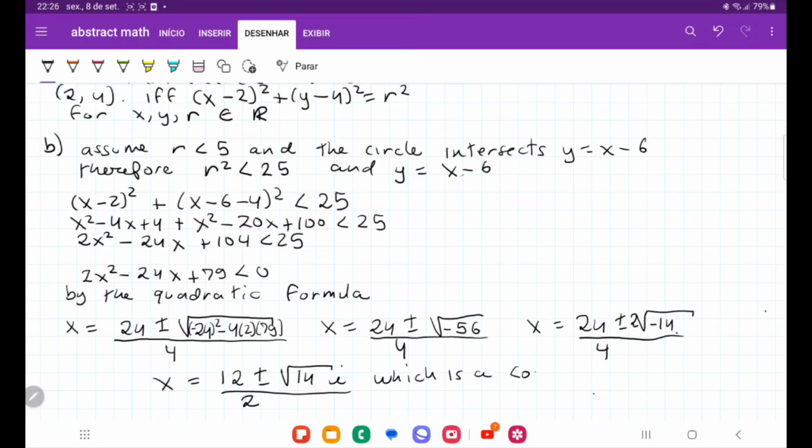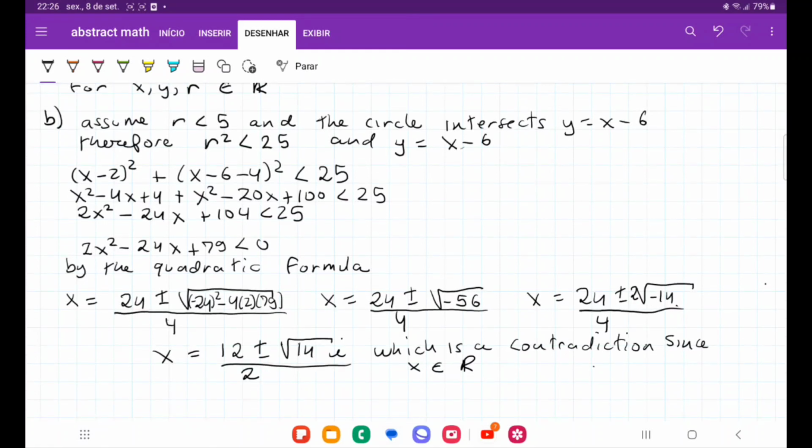contradiction, since x belongs to the real numbers, right? So we have shown that x is imaginary and x is real, and that is a contradiction. Therefore, our assumption must have been wrong, right? And so we say, therefore,